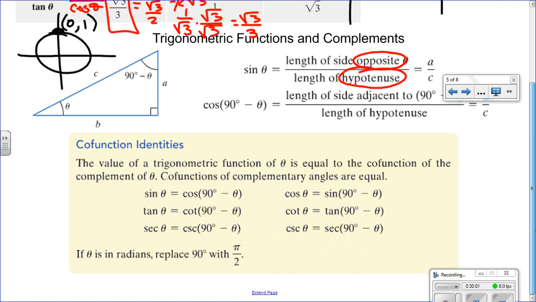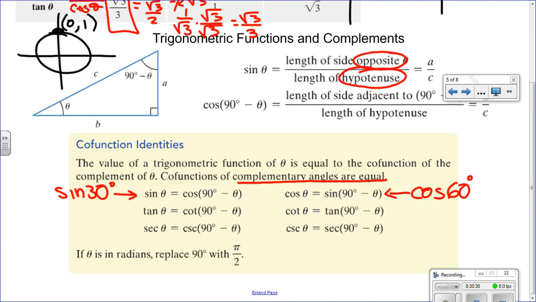Let's just go ahead and take notice of the co-function identities, just like we did. Let's write this example here: the sine of 30 degrees is the same as the cosine of, what is 90 minus 30? 60. That's what it means. All right? Complementary angles